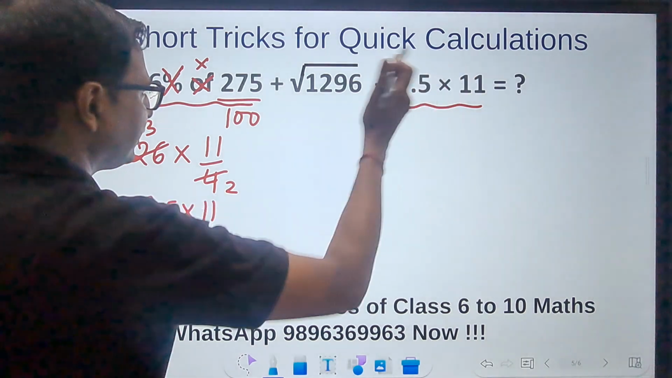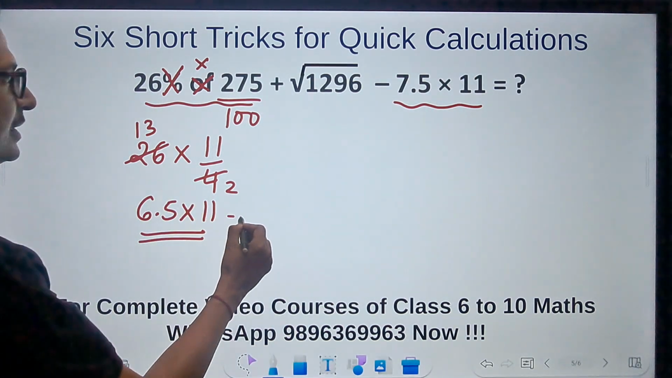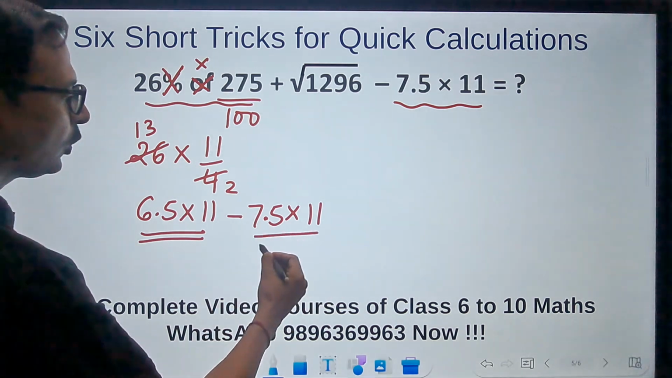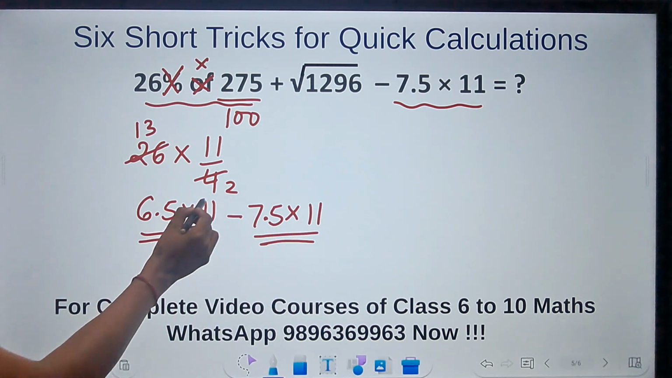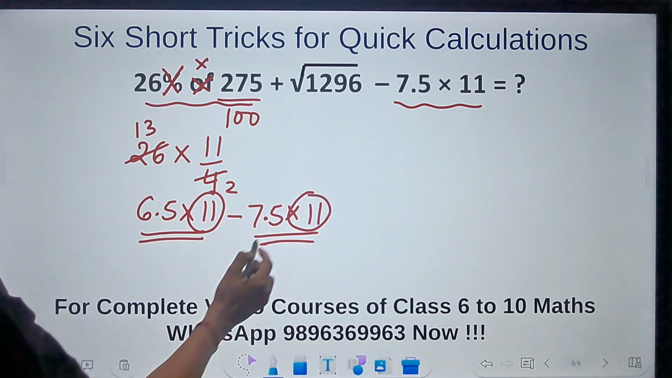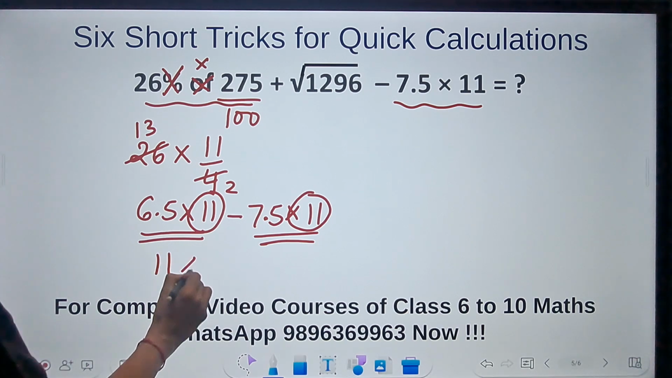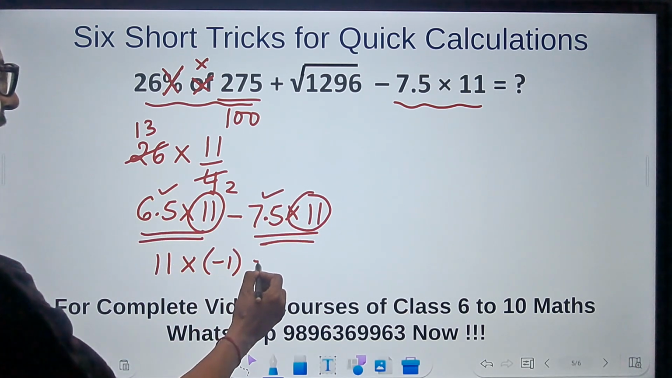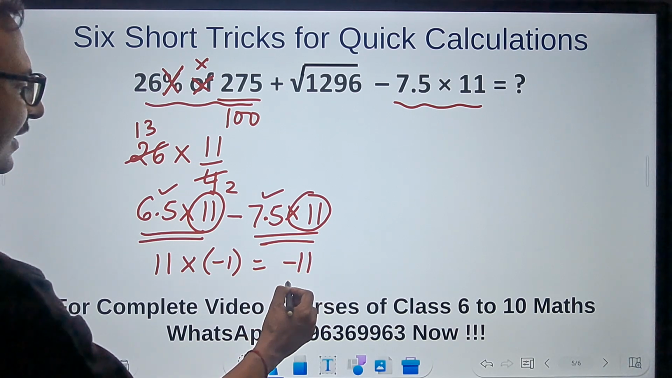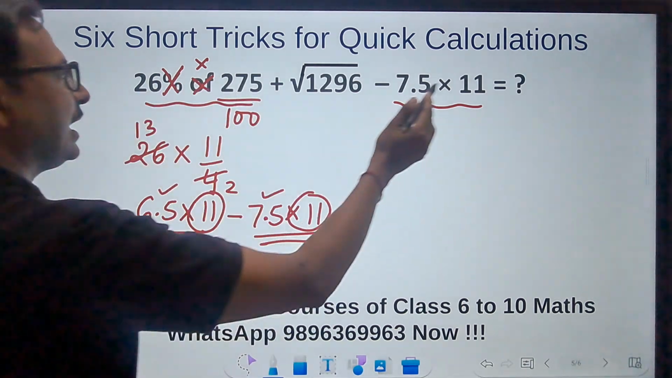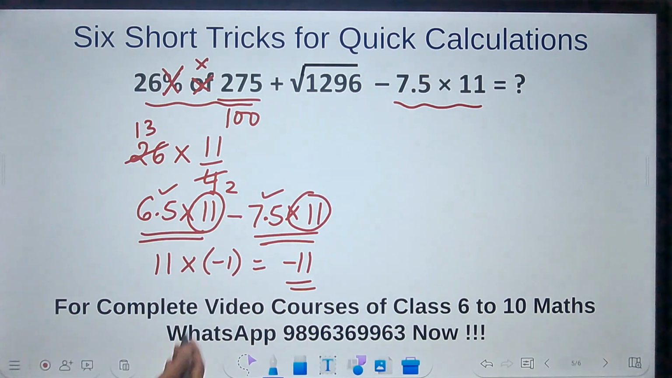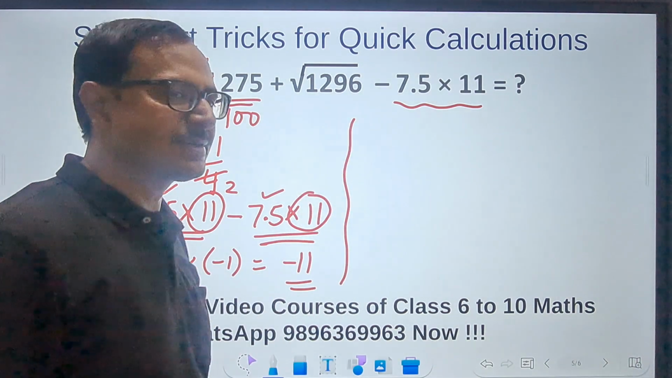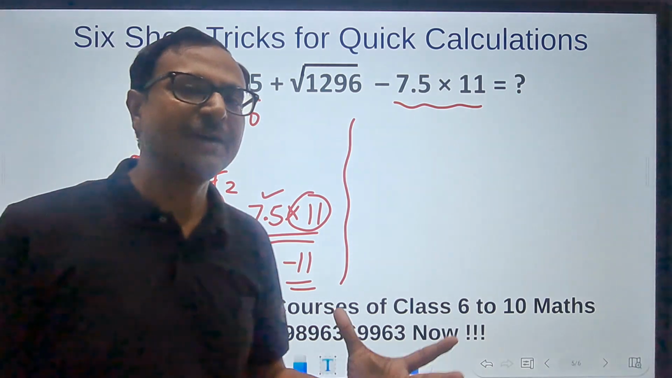And here we have another term which is minus 7.5 into 11. Now don't multiply them again. Just take the 11 as the common factor. So 11 times what? 6.5 minus 7.5 is minus 1 and your answer is minus 11. So the first part and the last part gives you a minus 11. And now if you know the square root of 1296, just subtract 11 from that, you are going to get